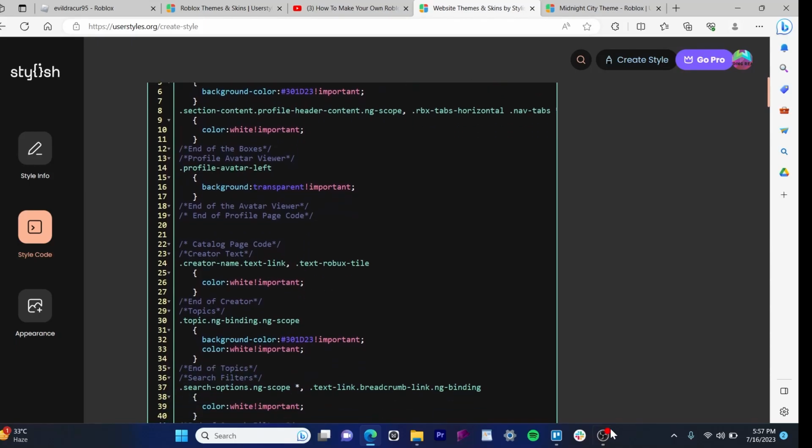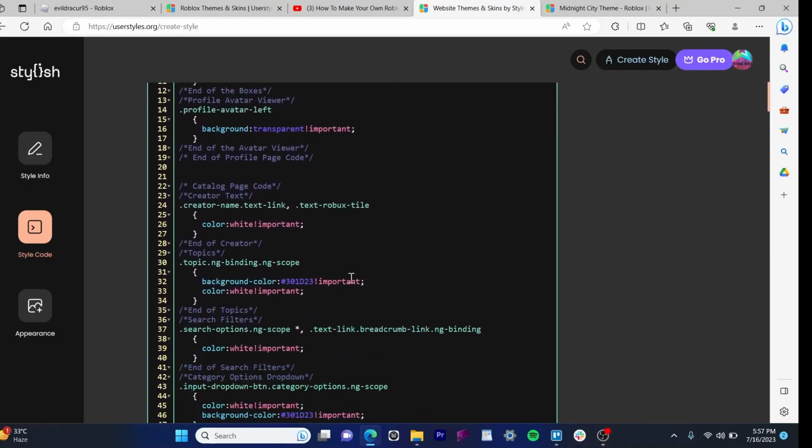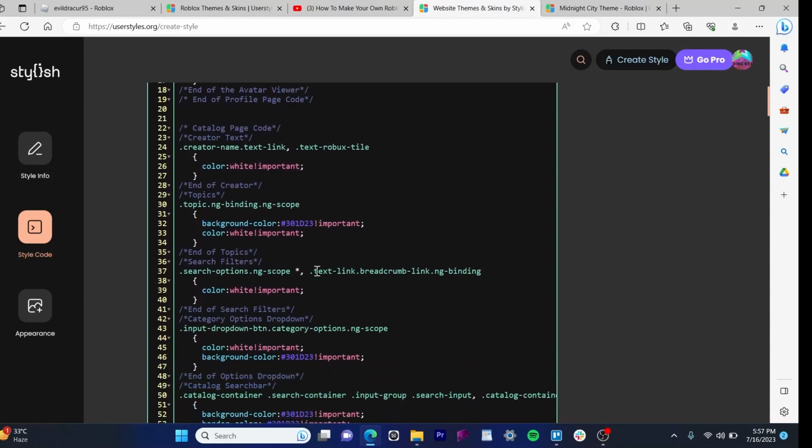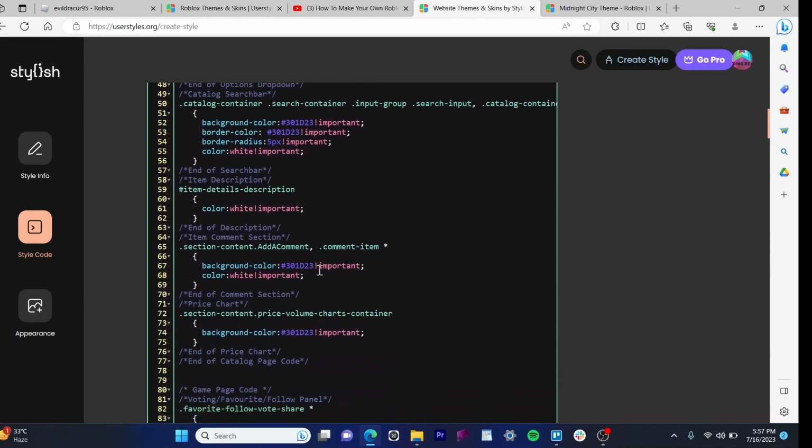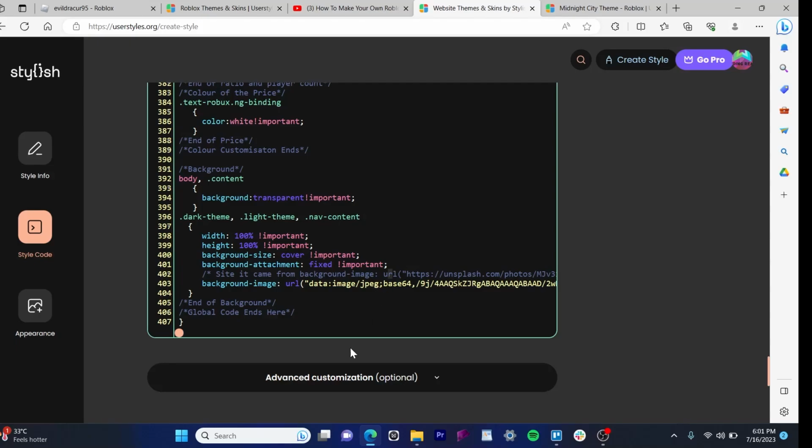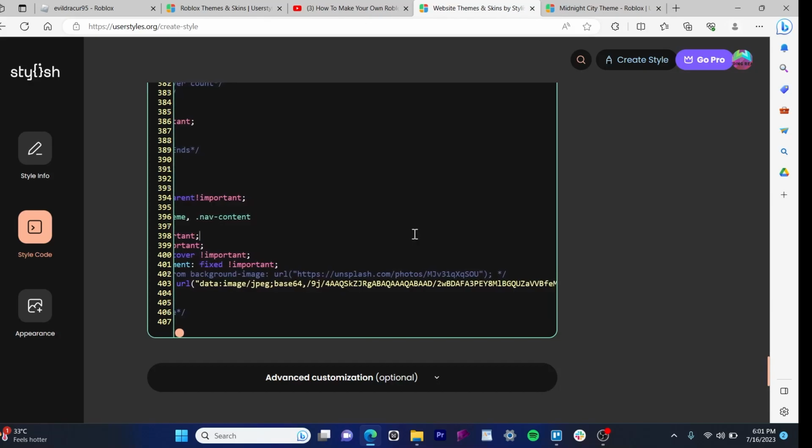So go down to this code, scroll down and search for background URL. So here we can see there's a background attachment, and under that we can see the site it came from, background URL and the link to the site. So we'll have to copy this URL and click on backspace, erase it, and